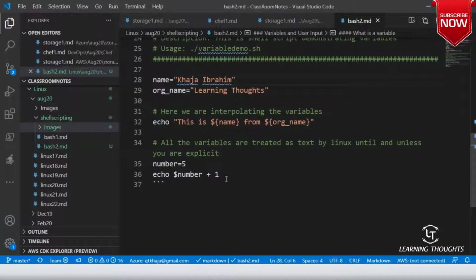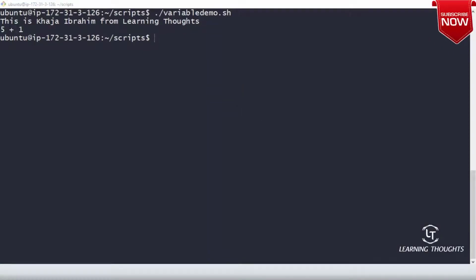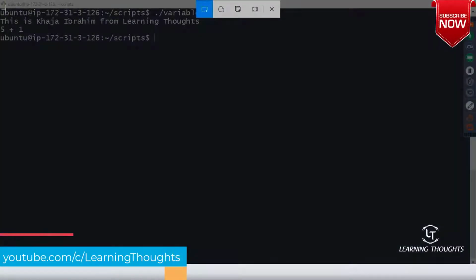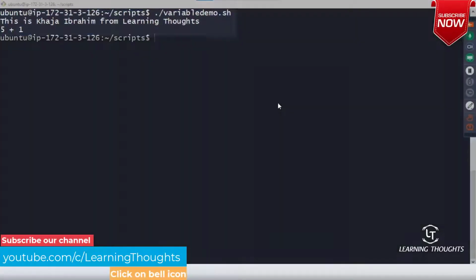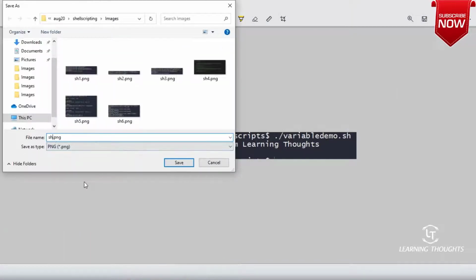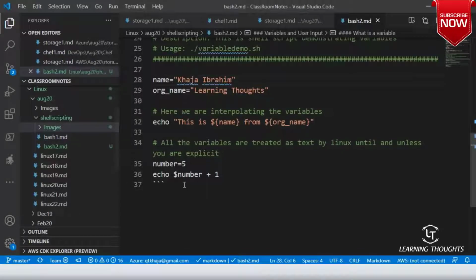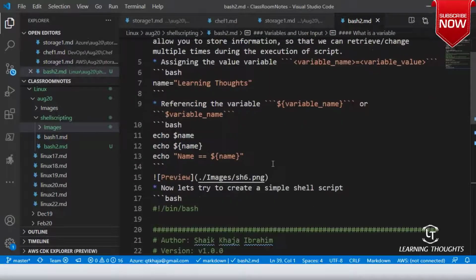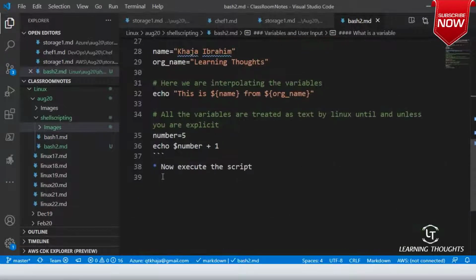Okay. Now, how to tell shell script? Let me try to print this output. Now execute the script. When you execute the script, you'll be seeing something like this, right?